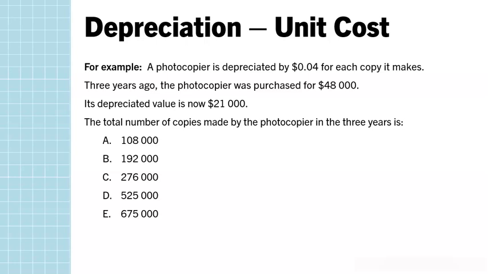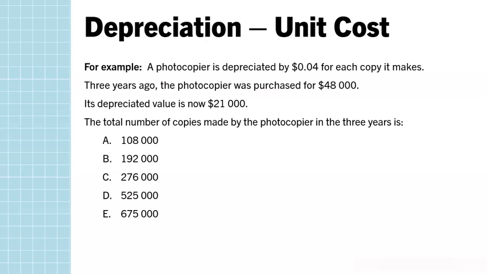So in our example here, we have a photocopier that is depreciated by 4 cents for each copy it makes, or $0.04. 3 years ago, the photocopier was purchased for $48,000. Its depreciated value is now $21,000. The total number of copies made by this photocopier in the 3-year period is,